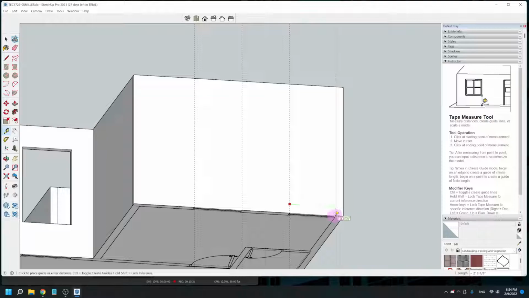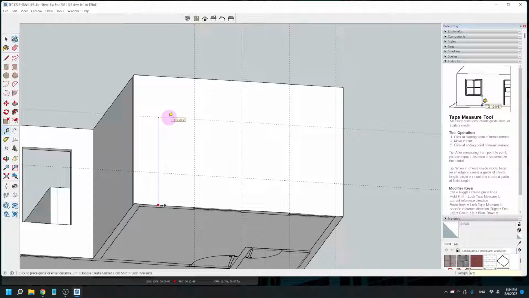And then from the bottom edge, the bottom one's a little harder to get that red square just because of the way this original drawing was done with lots of tiny lines. But I'm just going to click on that bottom edge, bring it up. So this time I'm getting a blue axis,